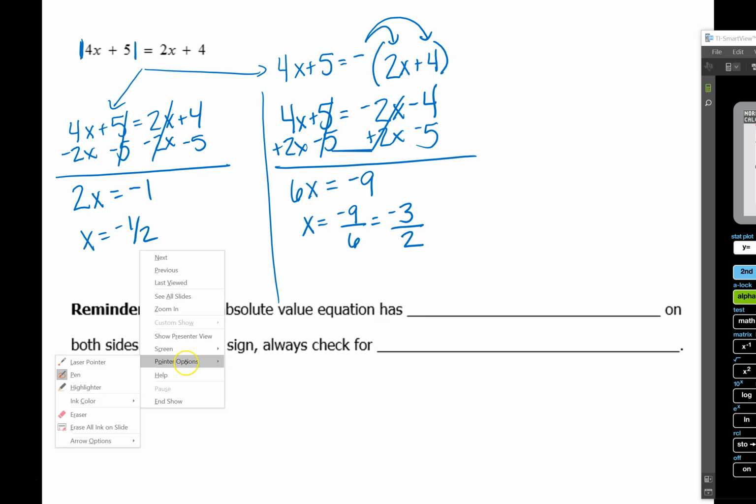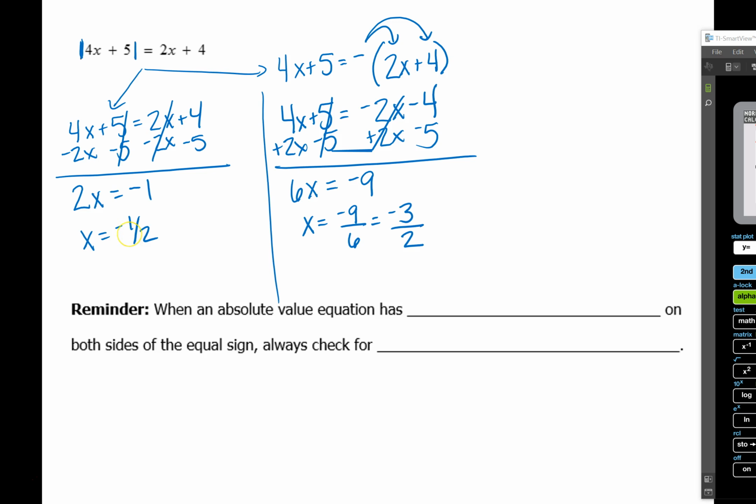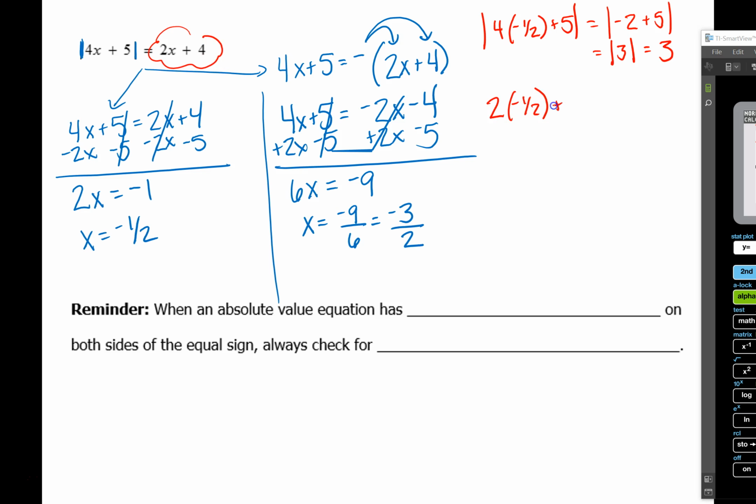Okay, so let's check your work. If we're going to plug in the negative 1/2 first, we have the absolute value of 4 times negative 1/2 plus 5. That is going to simplify so that we have the absolute value of negative 2 plus 5, which is equal to the absolute value of 3. And then when we plug the negative 1/2 in on the right-hand side, that's 2 times negative 1/2 plus 4, which is negative 1 plus 4. So that's 3. That checks because both of these gave me the answer of 3,